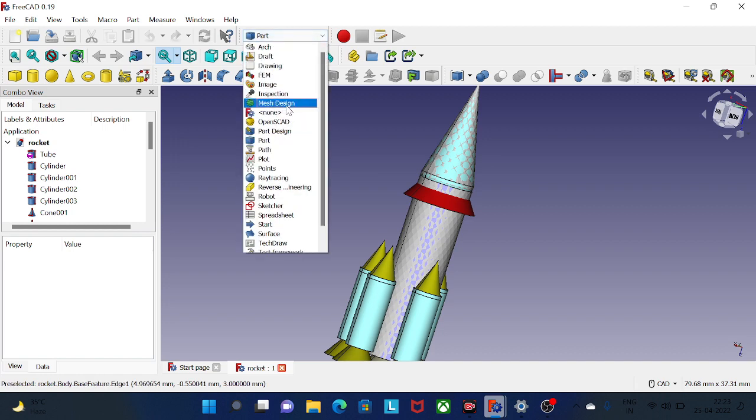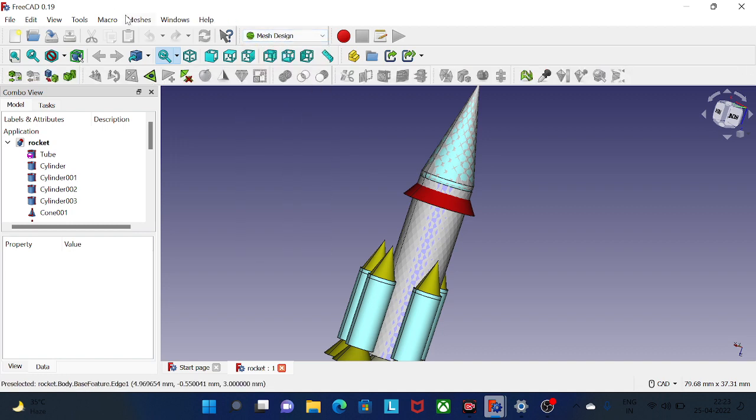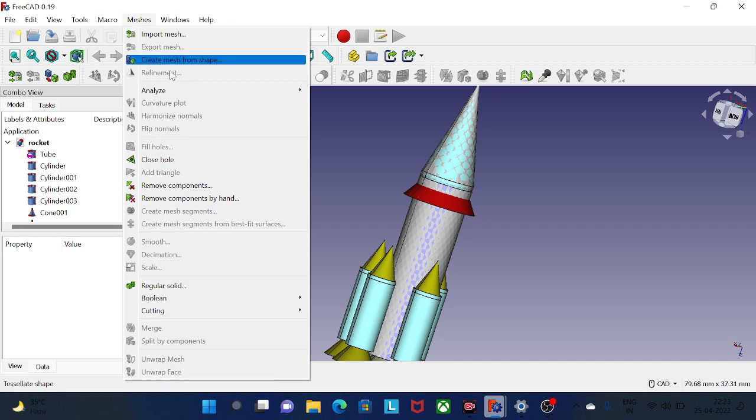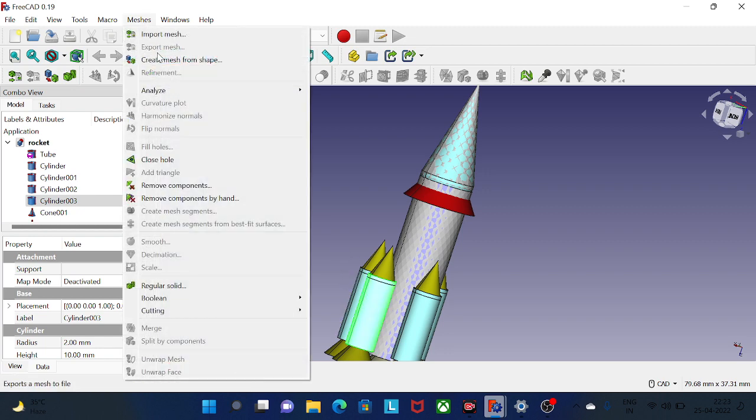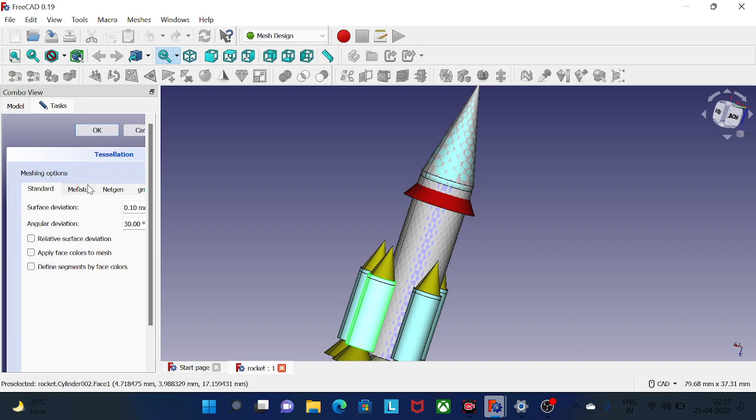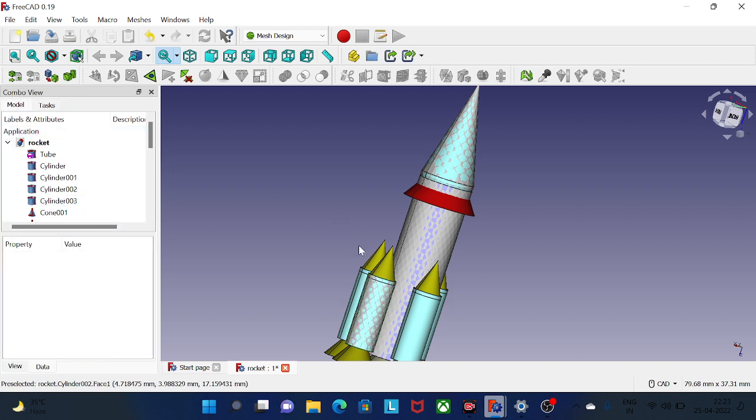This is our design of the drawing. For this design we go to the Mesh Design workbench and go to Mesh. I select this surface, go to Mesh, create a mesh, use this function and click the OK button. Then this looks very good. This is our design which we created.